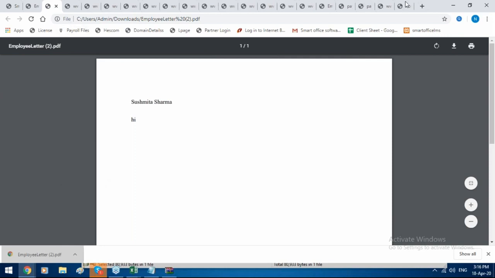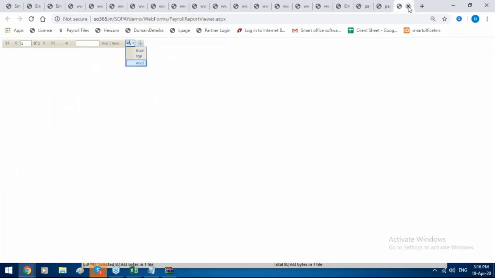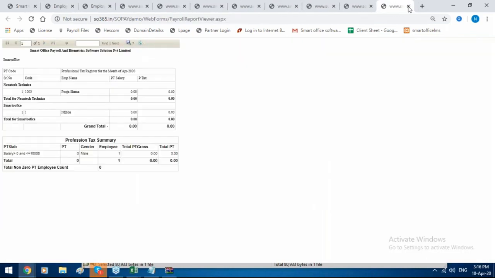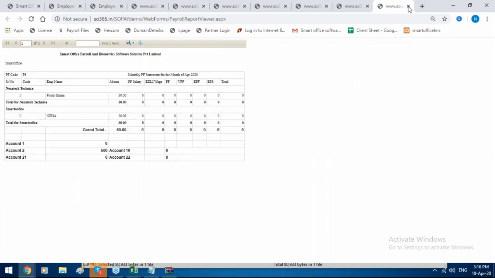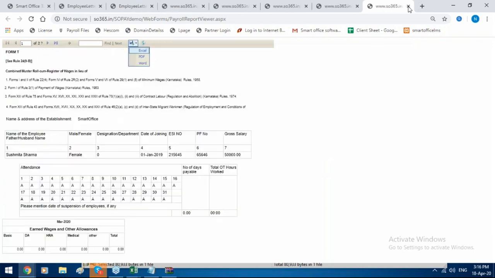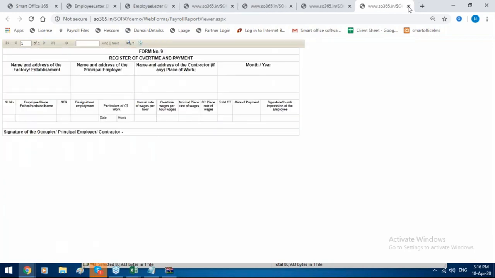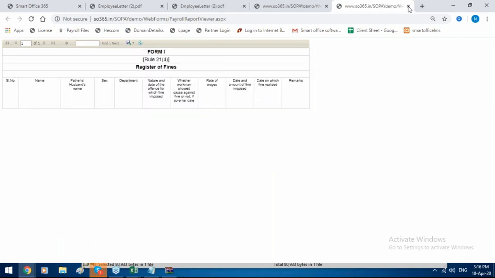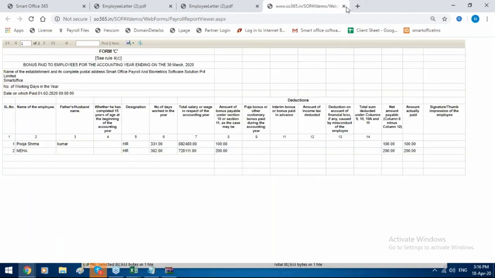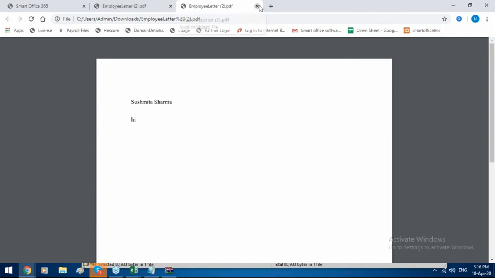Okay, these are the features which I have shown in admin login. I will show you what are the features we have in the mobile application. But this mobile application you will get only in the web and cloud version, not in the desktop version. Desktop version mobile application is not feasible. Okay, and it is also only for a single user, single location.